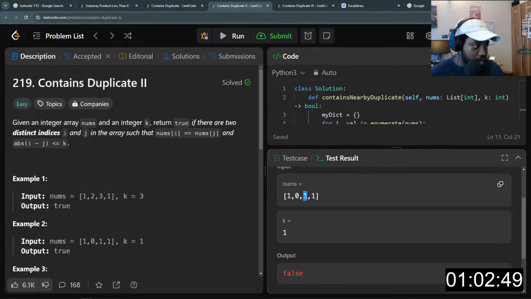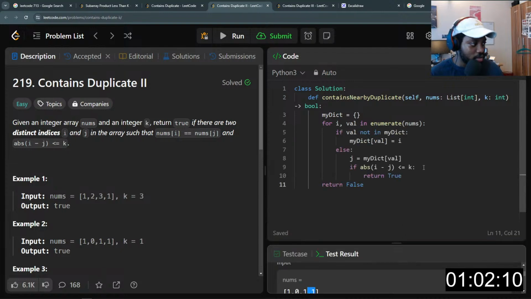Would it be okay to update the index of the integer in the dictionary? Because this time around we have 1, 1, 1, 1. So if this is not less than or equal to K, then we can change this back to here. This time around we'll update the index at which this is. So this will no longer be 1, this will no longer be 0. We'll point it back to this, so this will become 1, 2, 2, and then this will be 3.